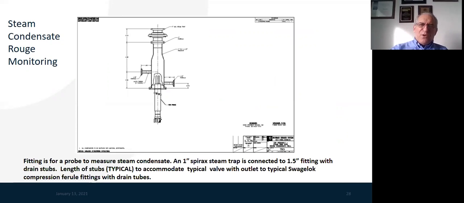If you look at this particular drawing, at the top part of it over here is a Spirax Sarco unit that allows you to have steam condensate. Up here on the top part will be a line for where you're running your steam, with a 1-inch flange coming off of that steam system. That will allow the steam condensate unit, the Spirax unit, to convert the steam into water, and that water will then drip down into this fitting where the actual probe is installed at a 180-degree angle,